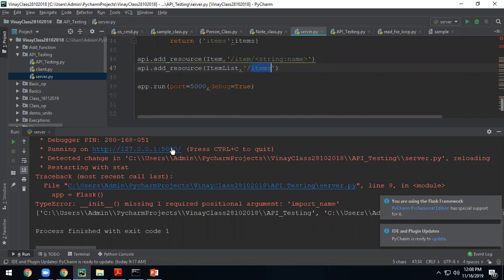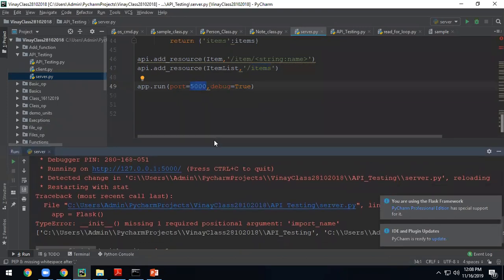In order to run any web application, you need an IP and you need a port. So it is taken as localhost. Localhost will always have this name, and you are specifying the port you have to run on. And then you got the point, no? Yeah, I got it. Okay.